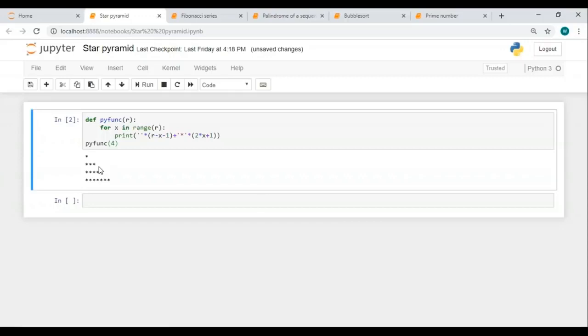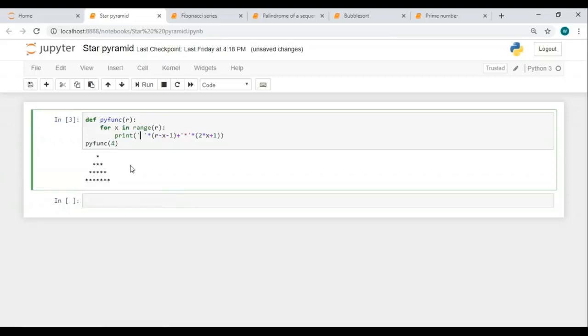Now let's move on and see how to print an asterisk pyramid. Don't worry guys, you don't have to write another program for that. In the same program and one small change and you will have a beautiful different output. And let's see how to do that. My function is going to remain the same. My loop is going to remain the same. All I want is some space before the first asterisk symbol. So what I'm going to do is to this null string, I will add a space character and I will run this. As you can see, when I inserted one space to this empty string, I've got this beautiful pyramid over here.